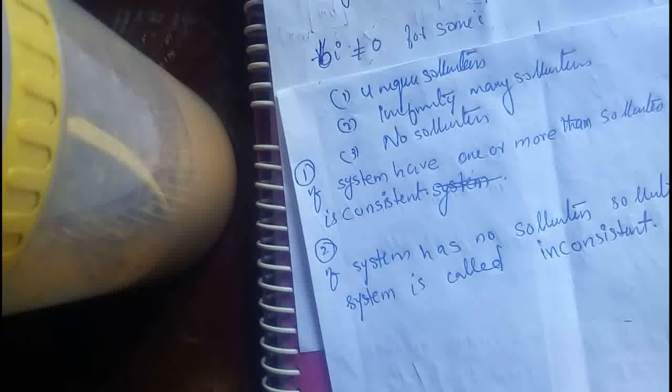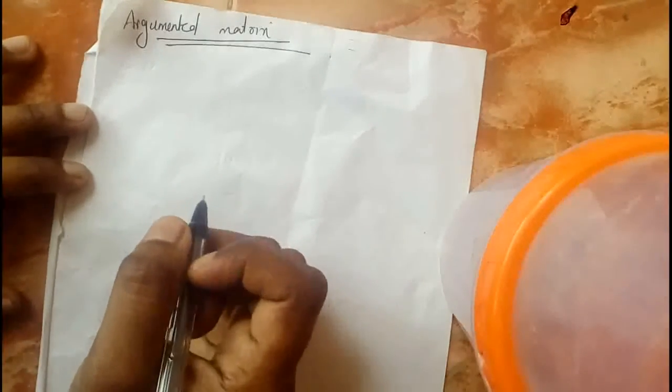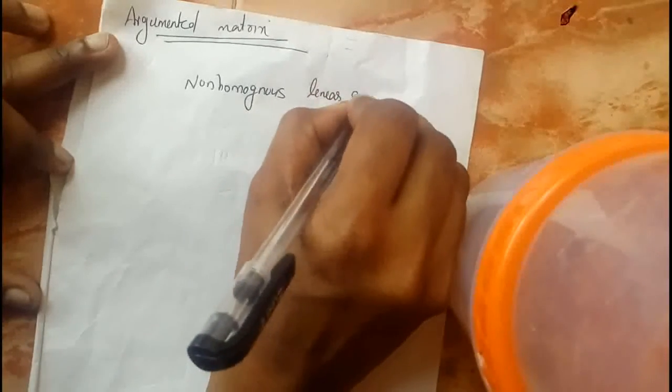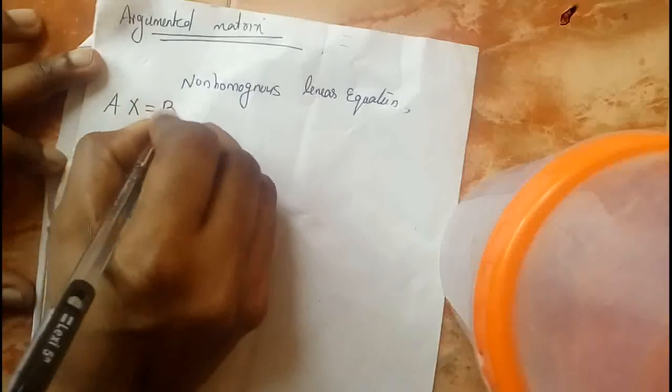So with m equations and n unknowns, solutions are possible in three ways: no solution, one solution, or infinite solutions. Next important term is the augmented matrix. In the case of a non-homogeneous linear equation, that means AX equal to B,